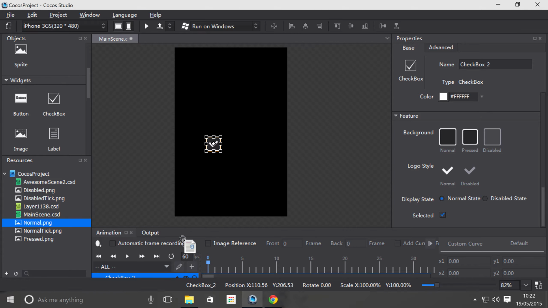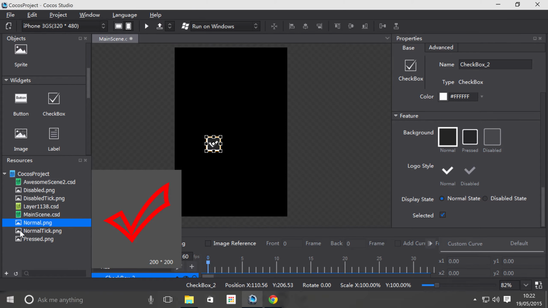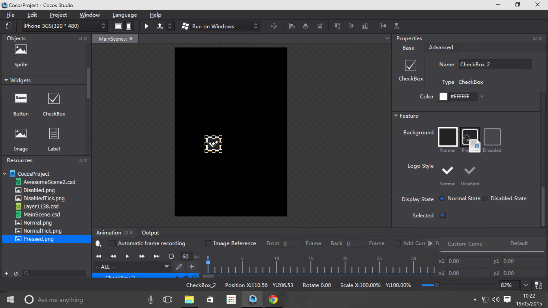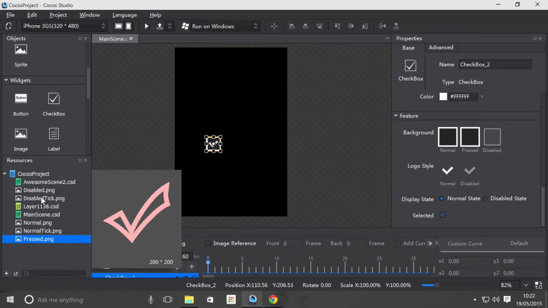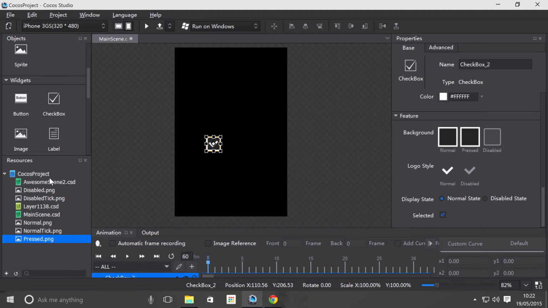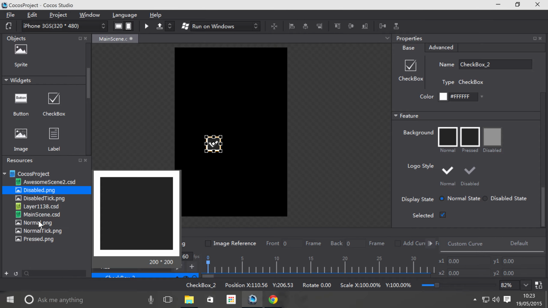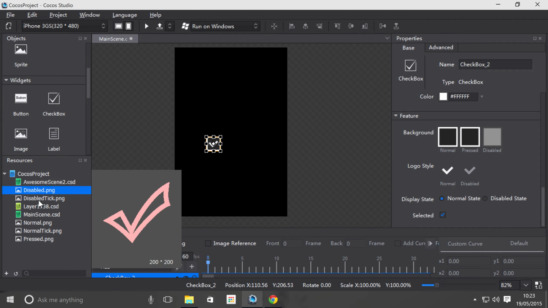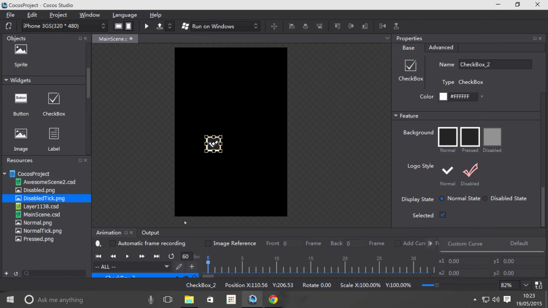So if I just drag over the normal image, drag over pressed, and I want to drag over disabled, that's the one right there. Just lost it for a moment in my head. And the next one I want to drag over is where is it? I'll do the disabled tick first, and then finally it's the normal tick. So if I run this bad boy now,